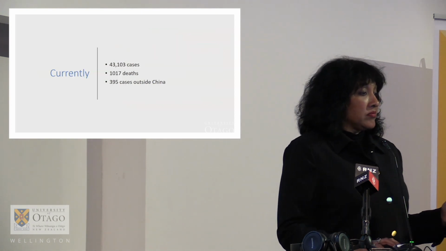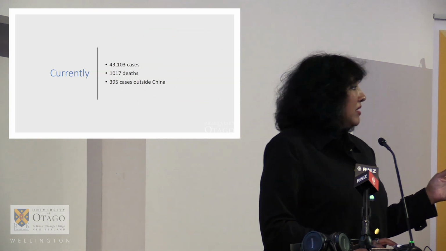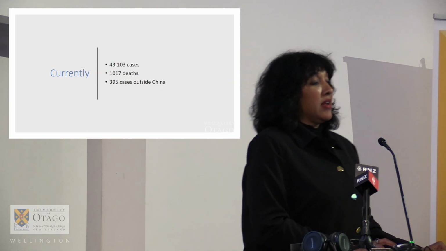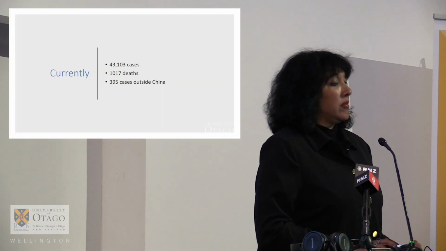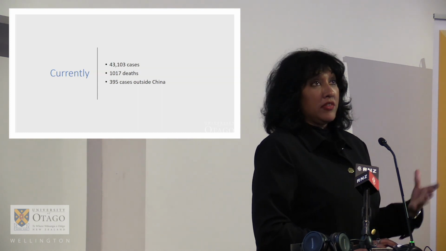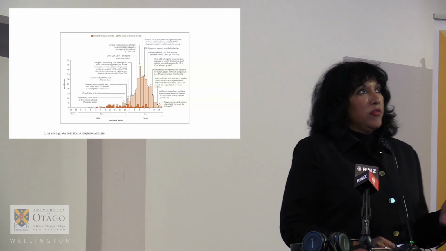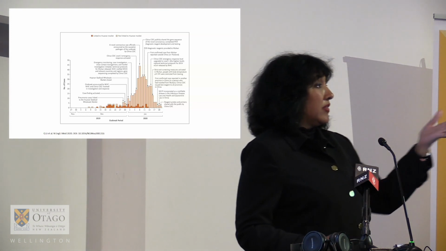Currently, there's about 43,000 cases and over 1,100 deaths, I think, at latest count, and about 395 cases outside of China. So the bulk of the cases are still in China, and the majority of those are still in the Hubei province. Now, the best study so far, I think, from which to estimate the parameters that Nick has talked about,